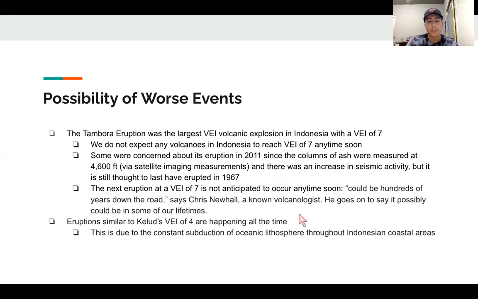So eruptions similar to Mount Kelud's VEI of 4 are happening all the time in Indonesia, and it's due to the constant subduction of oceanic lithosphere throughout the Indonesian coastal areas. But obviously the effects are much different than the